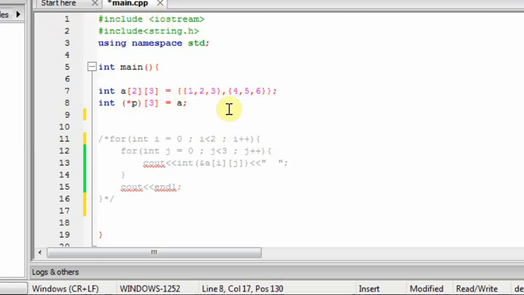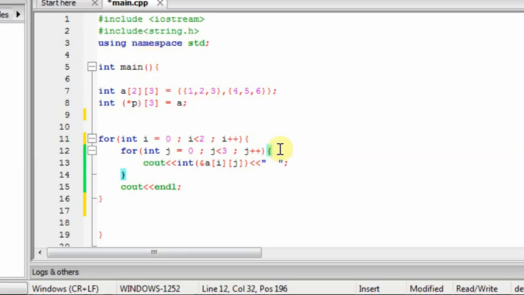And then I have created a pointer variable, and we should also specify the total number of columns in the array. So this is a pointer variable which will point to this two-dimensional array. First, I will print all the addresses where this array is stored in memory. Then we will look at some outputs.